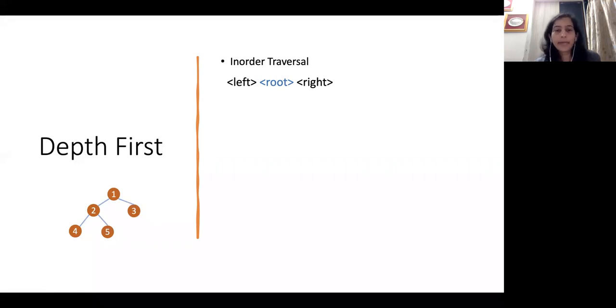The first one is your in order traversal. My main point here is that whenever you look at these kinds of traversals, always keep in mind that the name of the traversal is based on where the root is present. So if it's in order, the root will be in the middle. You will first go left, root, and right. In this case, what you will get is 4, 2, 5, 1, 3. The way you would do that is that first, you go to the left, and left again. So you'll have 4. Then you'll print the root, that is 2. Then will come right, 5. Then will come 1. And then will come 3.